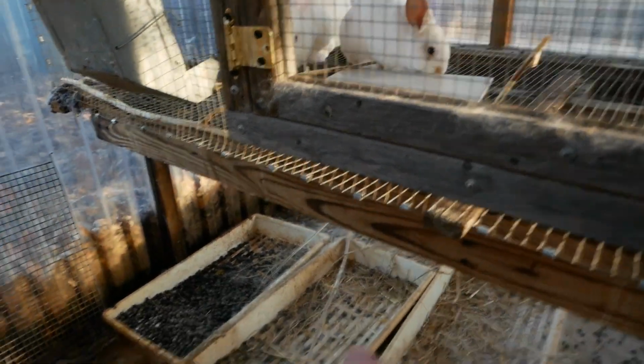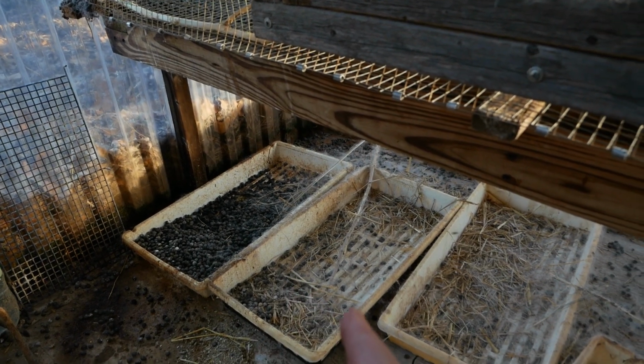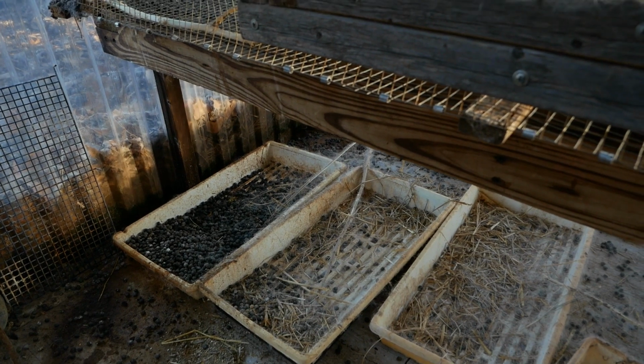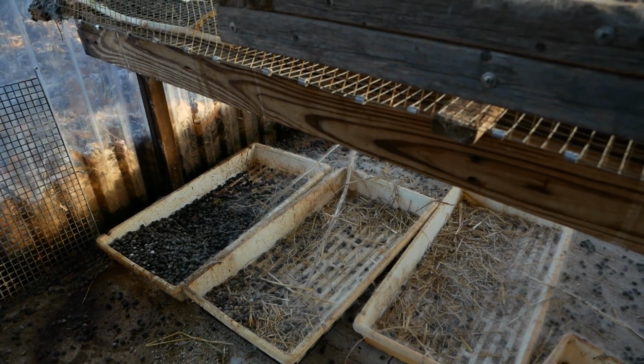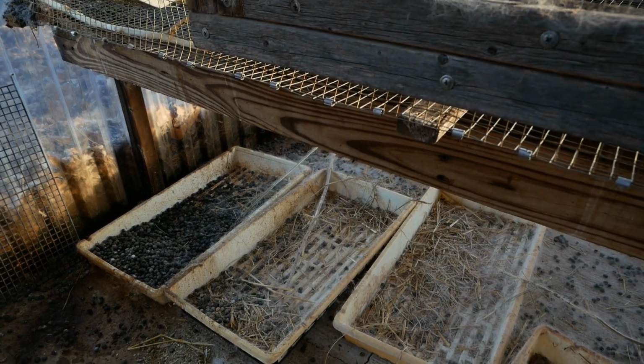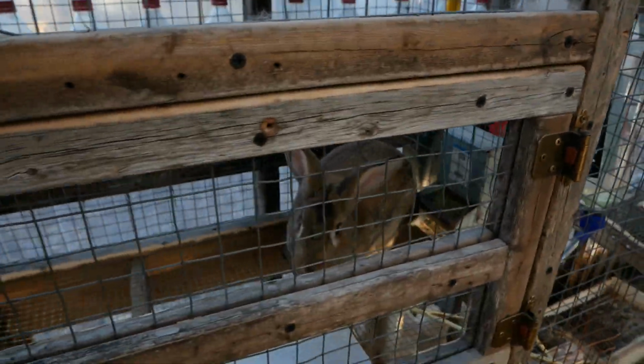So I've got these catch pans down below where, for the most part, it catches about 90% of it. I can just pick these up about once a week and go dump them directly in my garden. It's been a pretty good system. These rabbits, once they pick a spot to go to the bathroom, they're going to continually go to the same spot. So my buck here, my breeding buck,